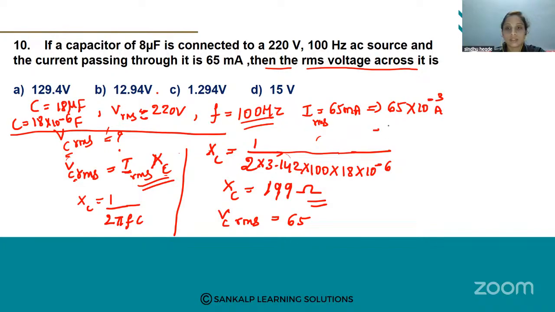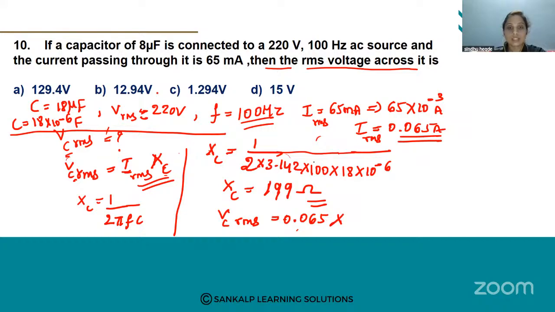The value is 0.065 ampere. So this is the value of IRMS. Take the same value here: 0.065